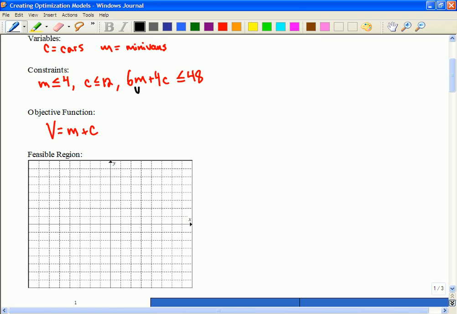Sounds good to me. So one of the ways that you make that decision, it's easy if you know that they divide evenly. And in this case, 4 and 6 divide evenly into 48. But Michelle's suggestion is that 6 is better because it'll cut down that number 48 and make it even smaller, so it fits on my graph nicer. So I'm going to put that here. This is going to be M, and this is going to be C. So if I rearrange that,